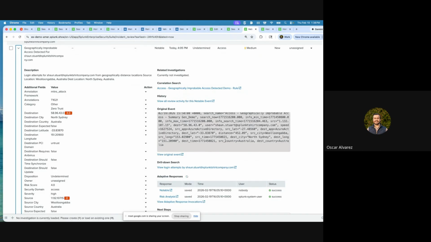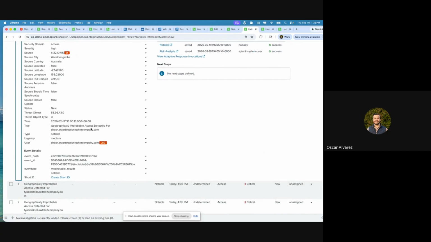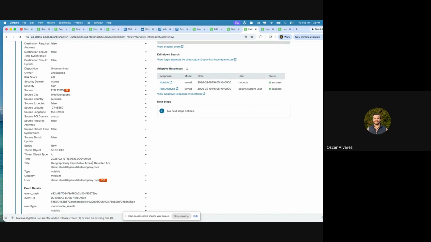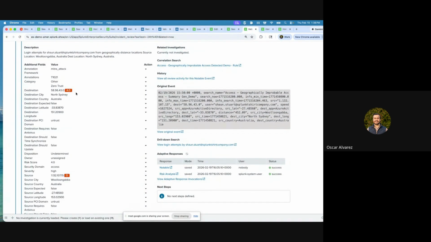We can see a lot of other information here, but again, all of that embedded information from the MITRE ATT&CK annotations is in here as well. So again, enterprise security makes it very easy to have that structured approach to how you're going to